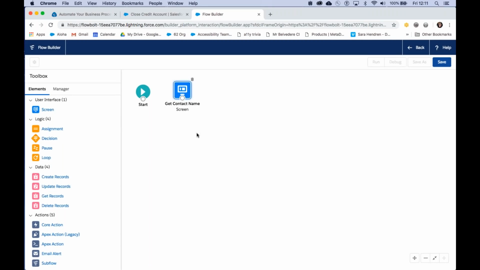Now what we're going to do is link our screen to the start node. In Cloud Flow Designer, you would just click a little button on the element itself to indicate which one was the start node. But in this case, we found that it was sometimes hard to see that little green icon on the element, so we've started with a much more explicit start button, and we're actually just going to drag the connector over and start that.